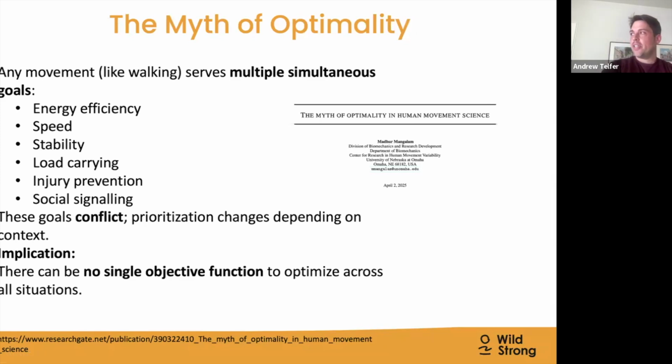And essentially, this paper is sort of the culmination of a lot of the ideas that we've been talking about, and a lot of these ideas that have really come into vogue over the last few years, which is that there is no optimal solution to any specific problem that you can capture in terms of biomechanics or kinematics or things like that. And what I'm saying is we often get stuck in this idea of what is the correct or incorrect way to do something. But what this paper is saying is it's absolutely ridiculous to talk about the best way of doing something because we can't define the why of the movement.